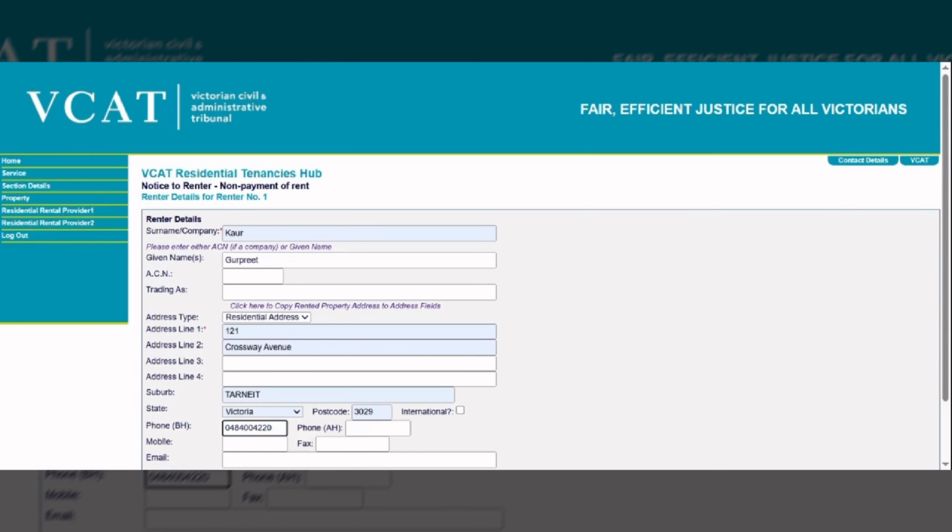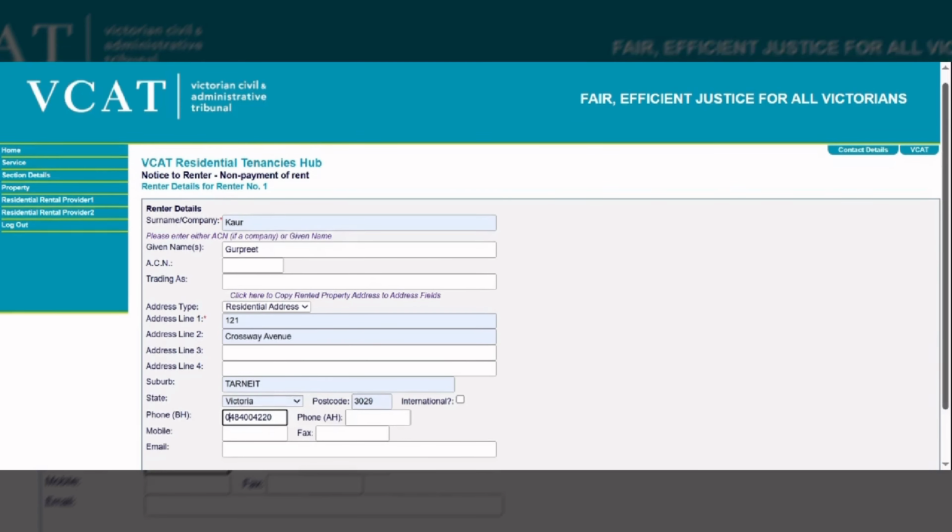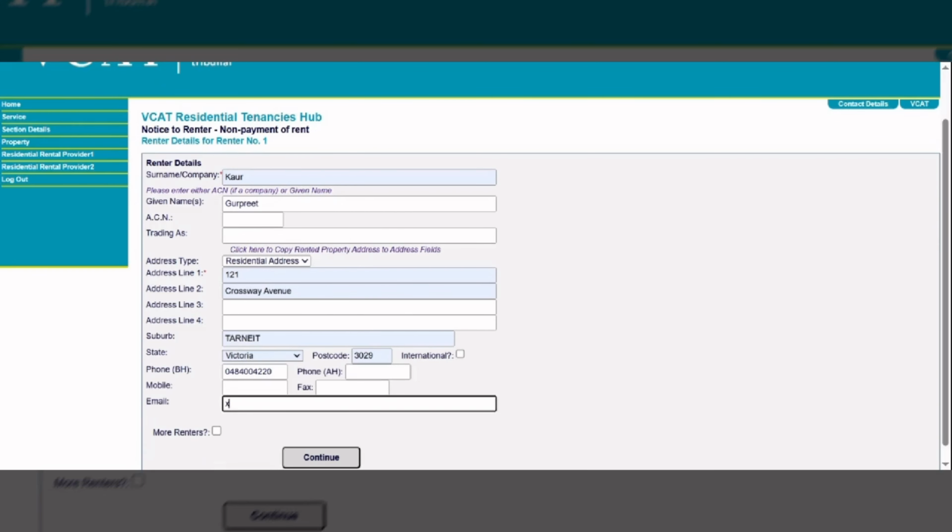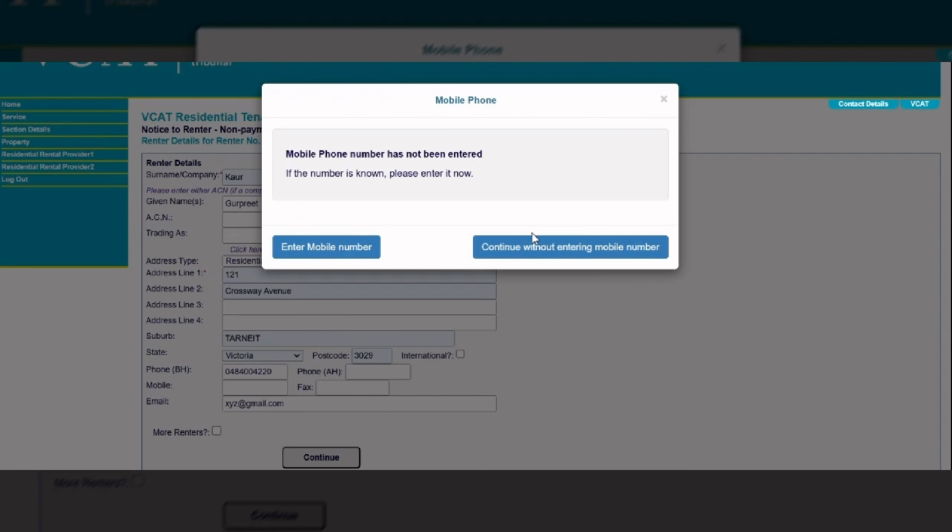Again, if there are more tenants, then you need to select here. If not, then continue. You need to enter the mobile number.